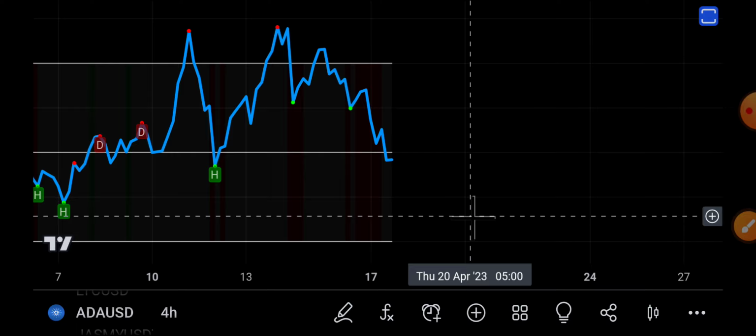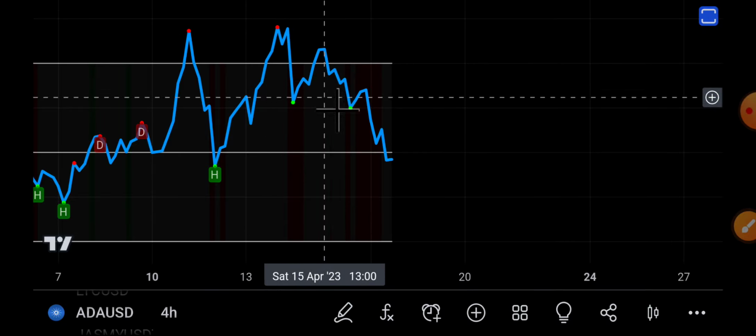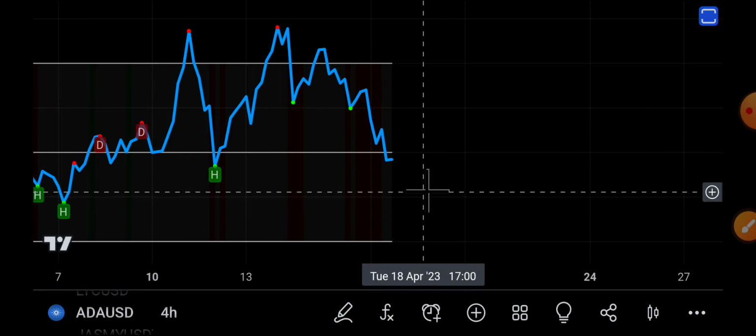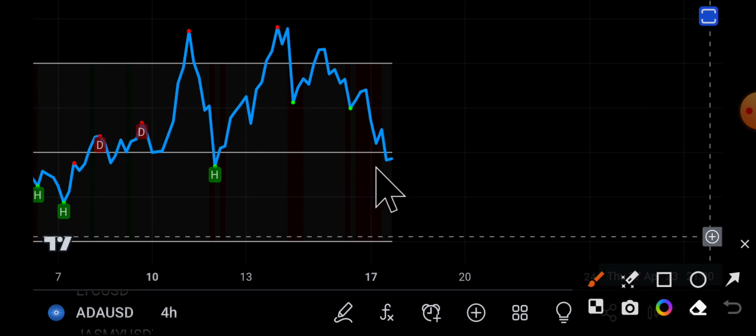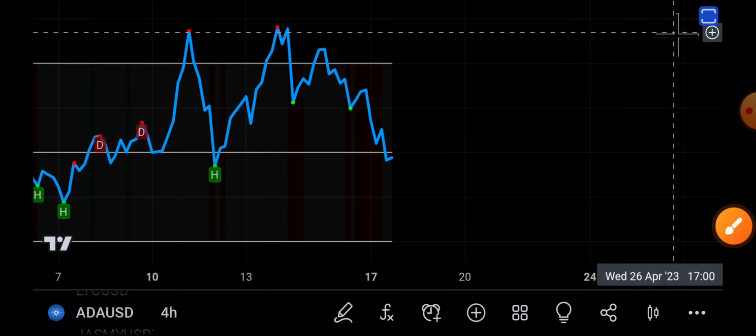Same thing on the money flow. As you can see, every single time the money flow gets to its peak, we need some sort of selling to push the price down a bit before we see another push to the upside. So we could see something like this before we see another huge push to the upside. Even for the money flow, it means we need a couple of people to sell, a huge fake out to the downside, before we see another huge push to the upside in the medium to long term. So that's the analysis for today on Cardano.